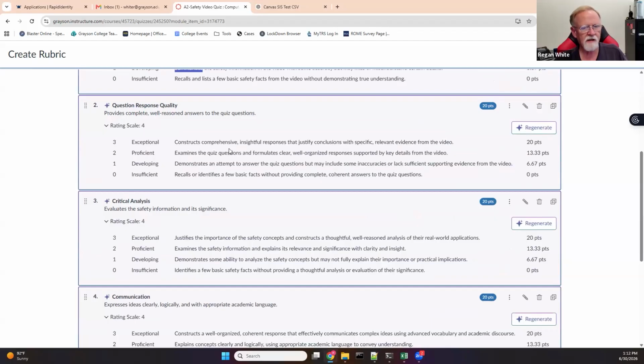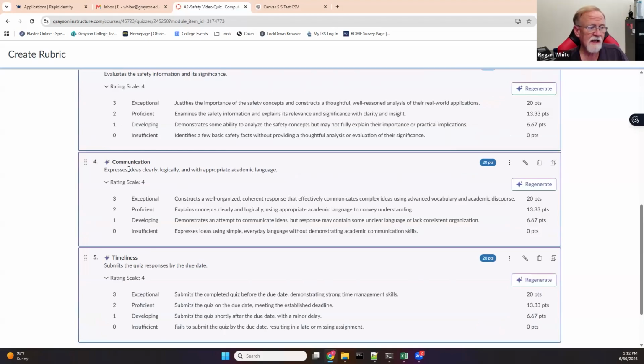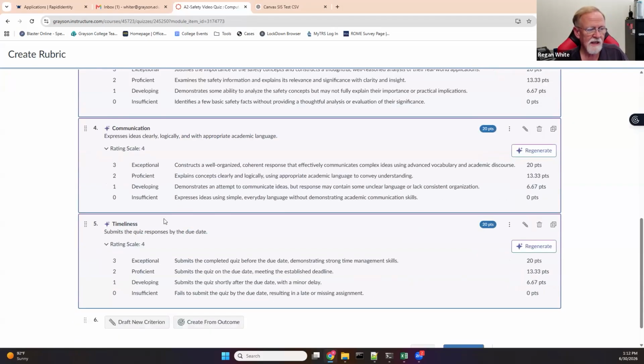So it judges how the student answered the questions, and then expresses safety information or evaluates safety information and its significance, expresses ideas clearly, logically, and with appropriate academic language, and finally submits the responses by the due date. So it also grades whether or not it's late or whether they've turned it in based